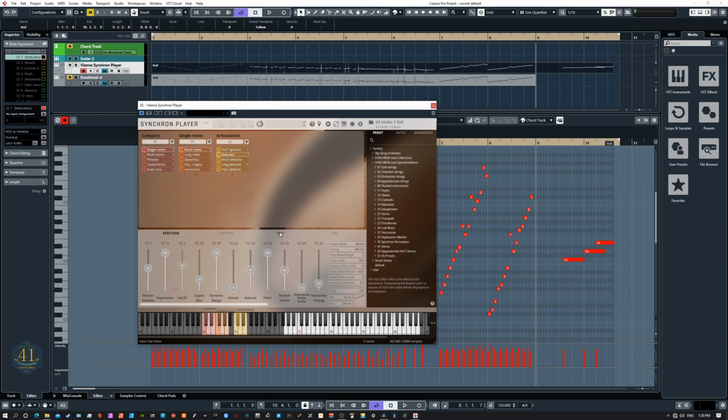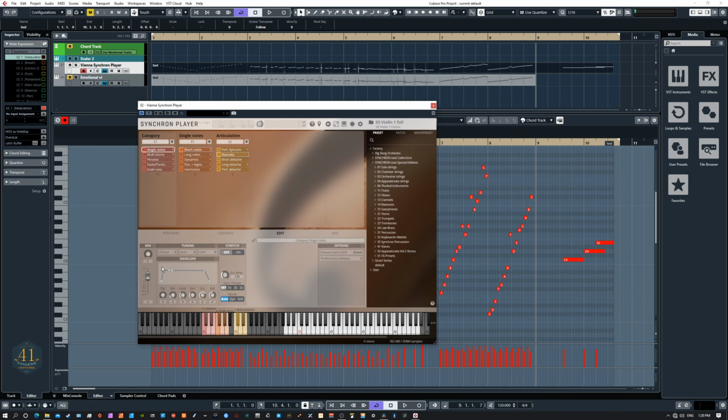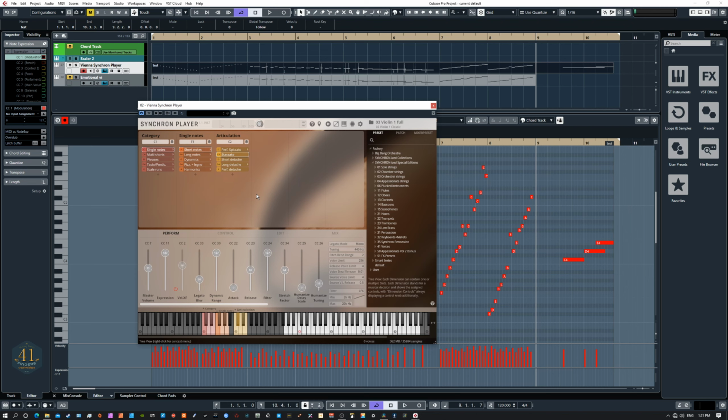Even though you can also adjust the attack with this exact envelope here, and you can adjust attack and decay in that more detailed fashion here also. But say I wanted a very specific attack. Say I wanted to push this out and start to work with the staccato and stack different articulations with this,